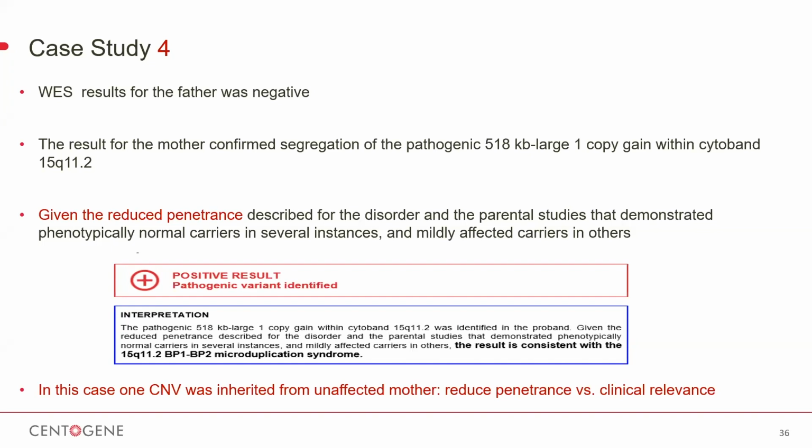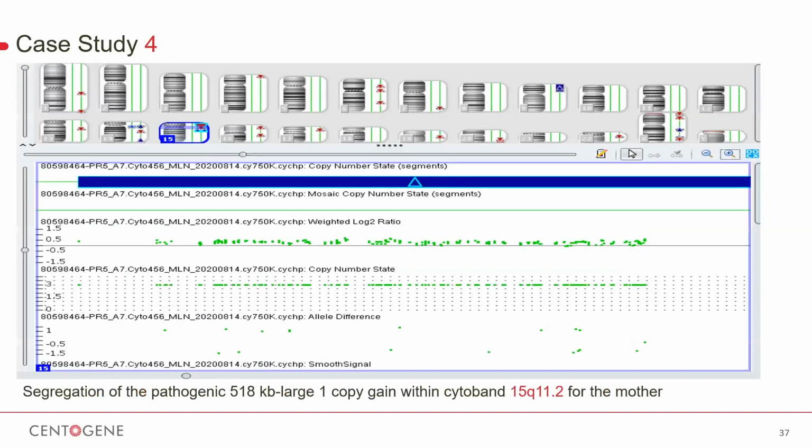15q11.2 BP1-BP2 microduplications has been reported to have reduced penetrance, with previously phenotypically normal carriers. This will again be a challenging case for the geneticist and the genetic counselor to explain to the family at this point, and also regarding the next pregnancy and options available for that. And also the confirmation for the case was done by a microarray, and this confirmed the duplication of this cytoband